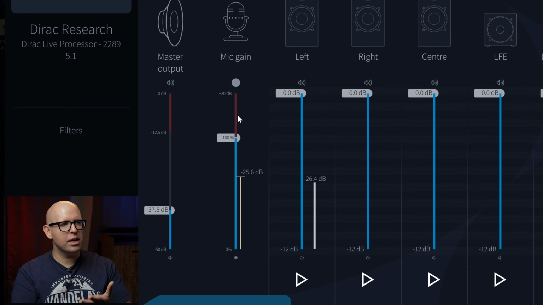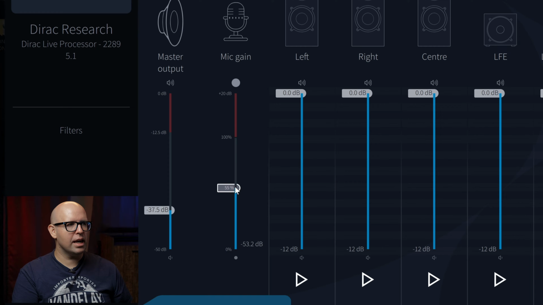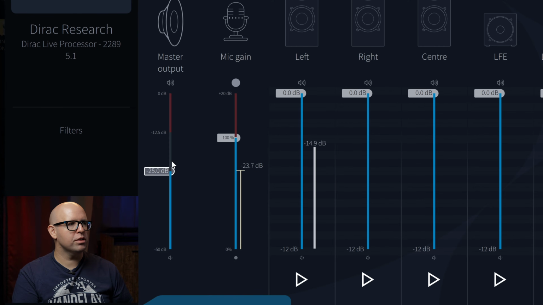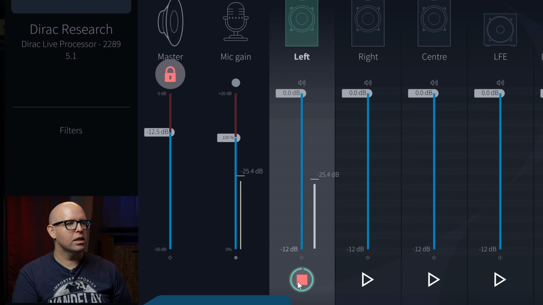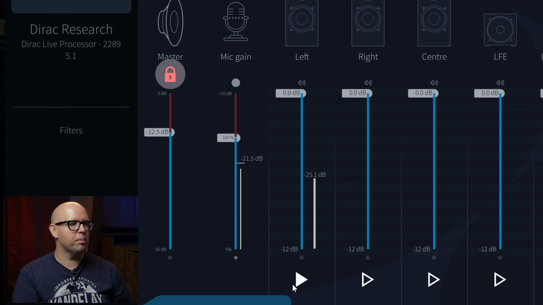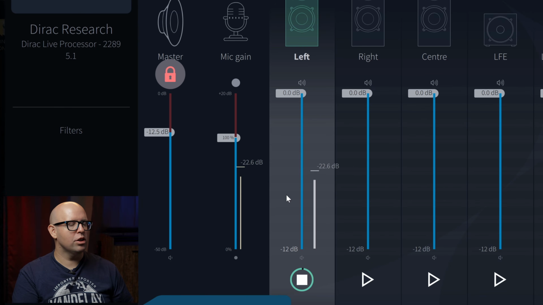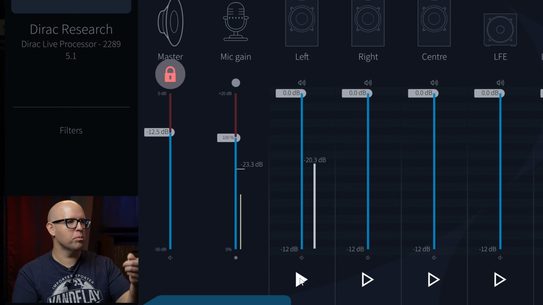So what I do when I set this up is I set the mic gain to 100%, and then I bring this up to -12.5 dB. Now you notice right away that this is going to move this up really high. Even though I'll hit the test tone here, and we're hovering around -27 dB. I had to stop talking there because apparently I'm really loud.